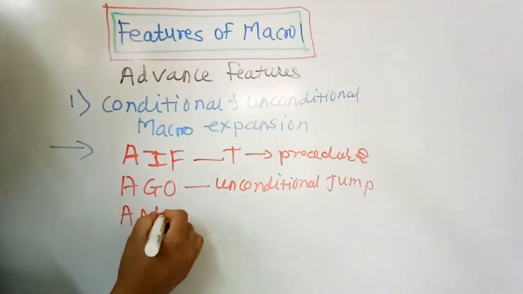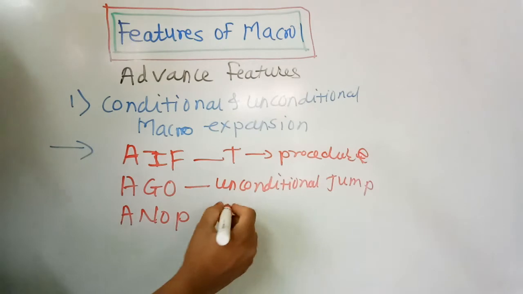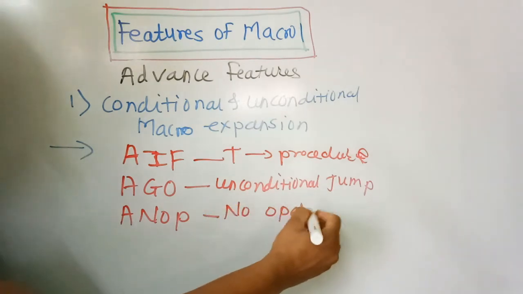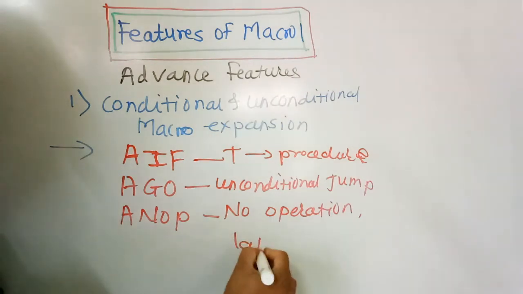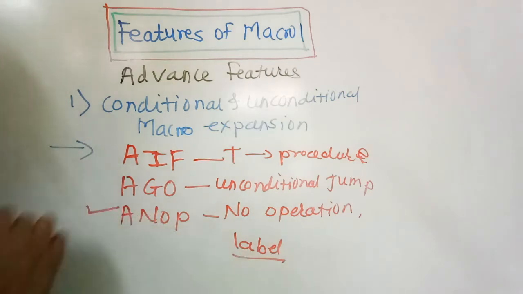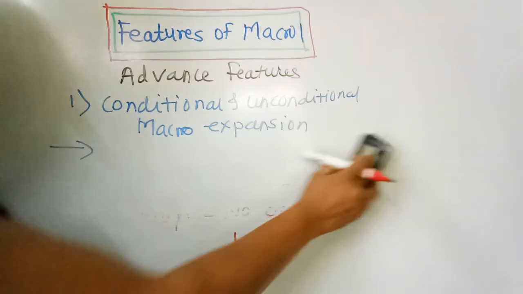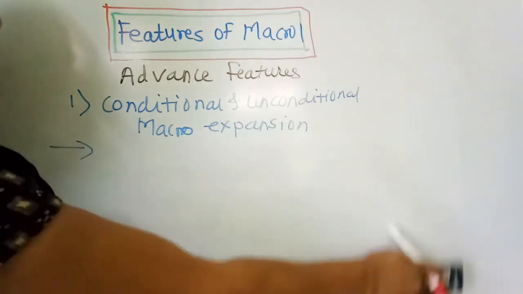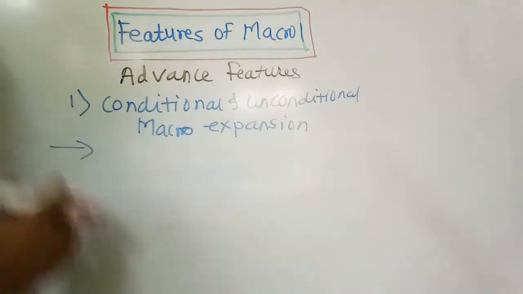Then, a no operation macro expansion is there, ANOP. And what is it? It is a no operation. It is mainly used to locate sequencing symbols, that is, labels. It is mainly used to denote the different levels of the program. I will give one small example which will give you a detailed idea about the different conditional and unconditional